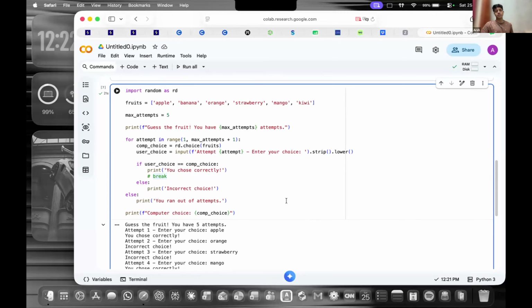Then after the loop you have to use if winning is greater than 3, that means you have won, else you have lost. Got it? Great. Okay, good job. Next, next,